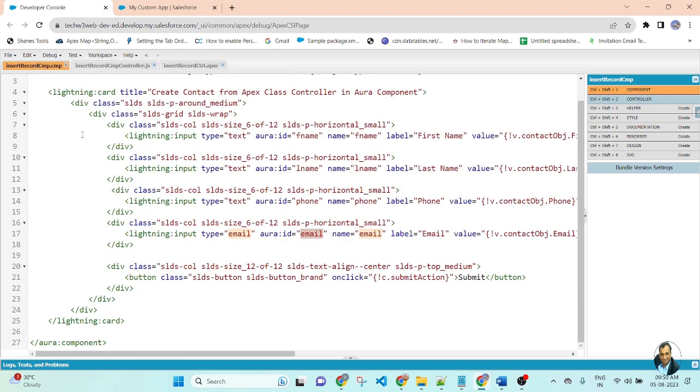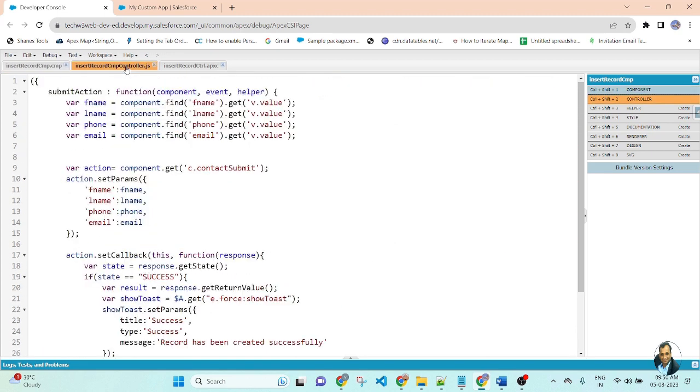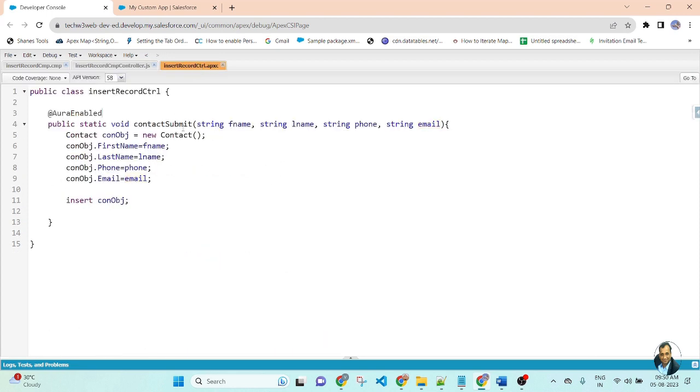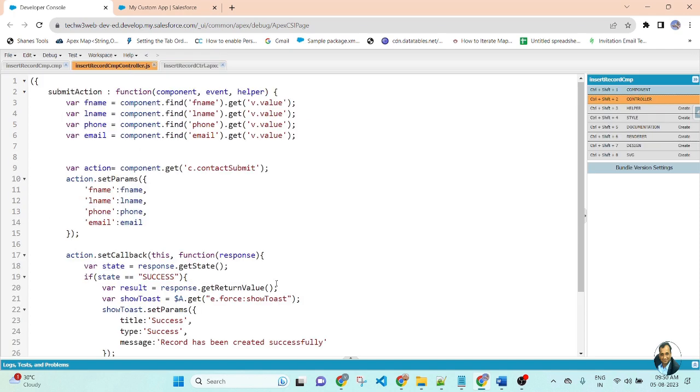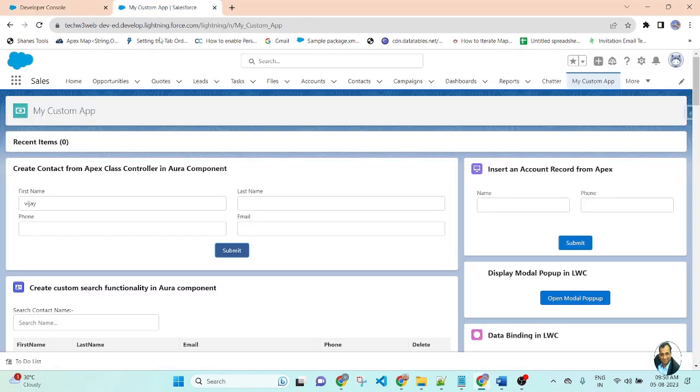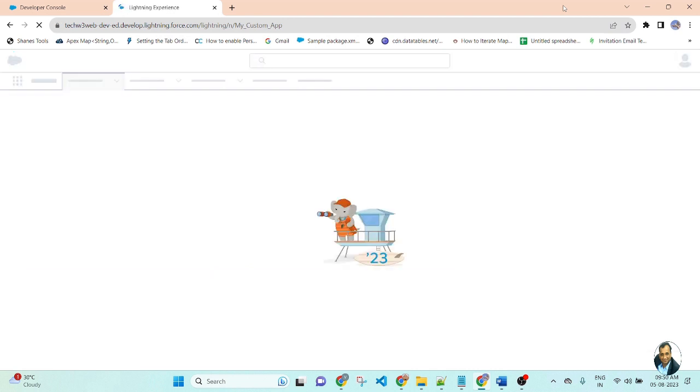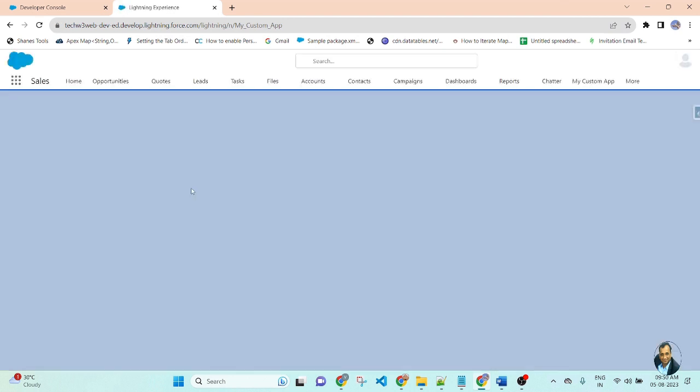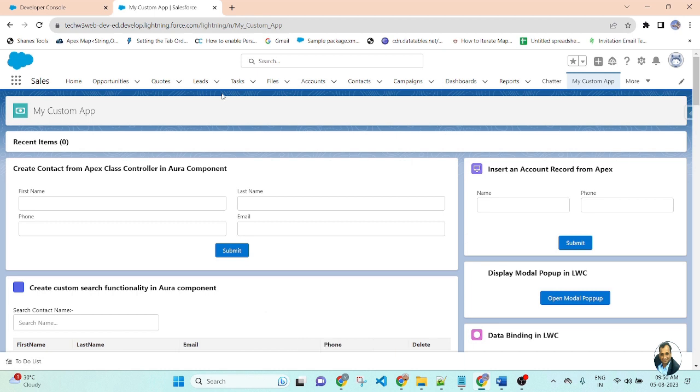So friends, I created our component, I created an Apex class controller, I created a method and JavaScript. Now I am going to the page and refreshing my page. Here I will create a contact record. So go to the contact. This is my contact.